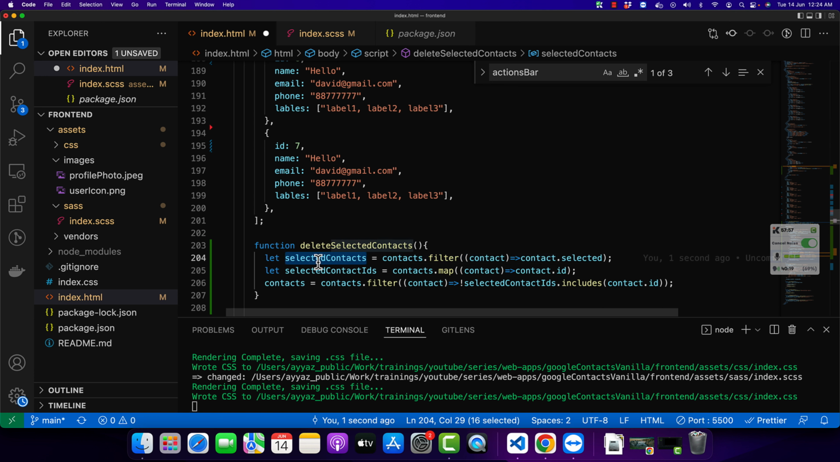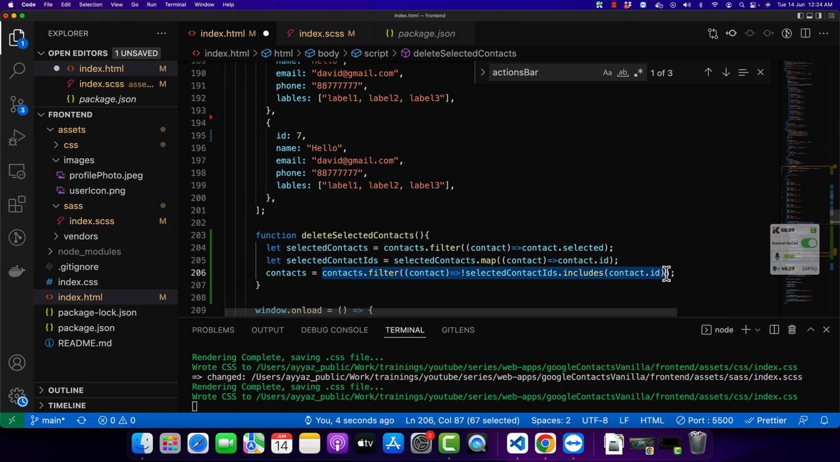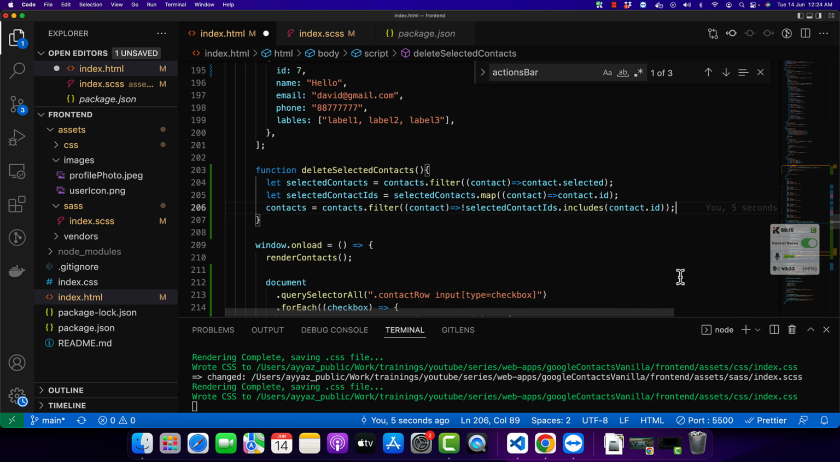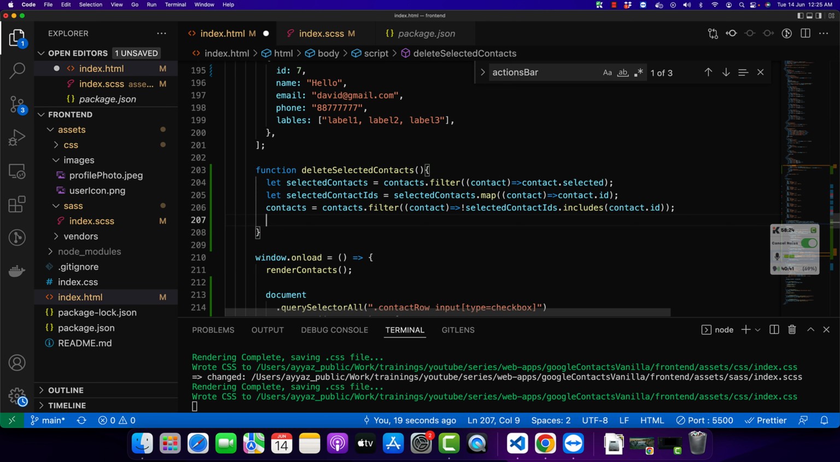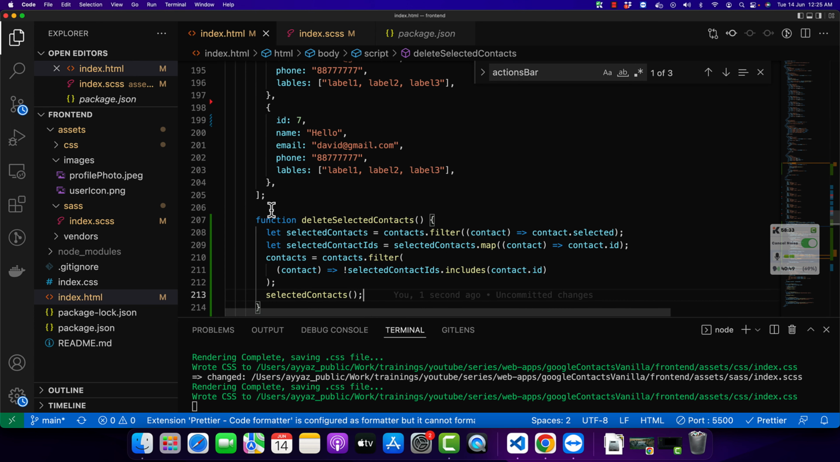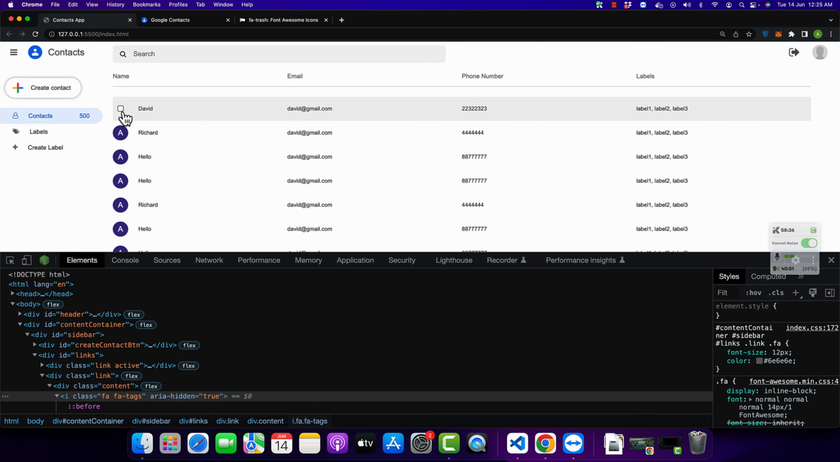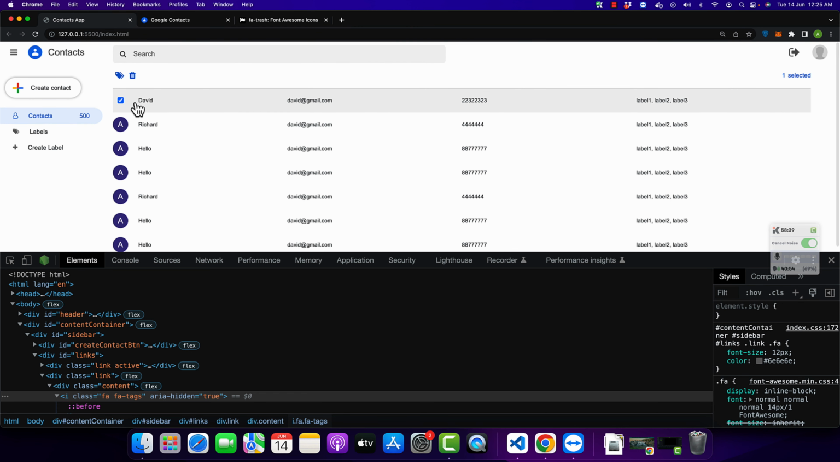Now we have the array of the selected contacts. I can use them to return the IDs of those contacts. Now I have the IDs of those contacts, and with this, I will get the contacts that should be there in the DOM. Now I'm ready to call this function because I have updated the contacts array. If I call this function after this line, it would use the new contacts array that we just updated. So let's call it and see how it works. For example, I want to remove David. If I click on that,